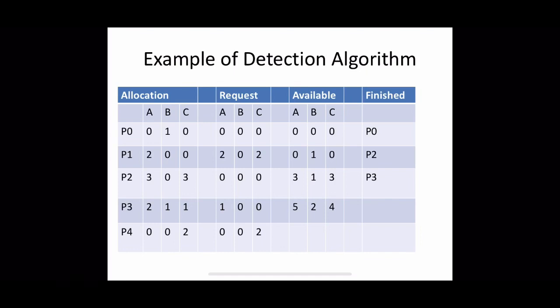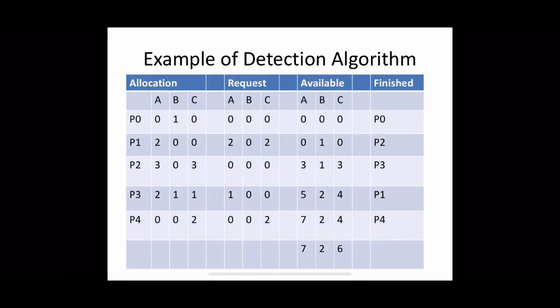We can scan in any order, either always from the start, or random, or in a sequence. Let us scan in a random order for the time being. Suppose next P1 is selected for execution. After it, 7, 2, 4 will be the currently free resources. Then finally we have P4 in execution. So all the resources will be free after finishing all the execution. So there is no deadlock in the system, and one possible sequence of execution is P0, P2, P3, P1 and P4.